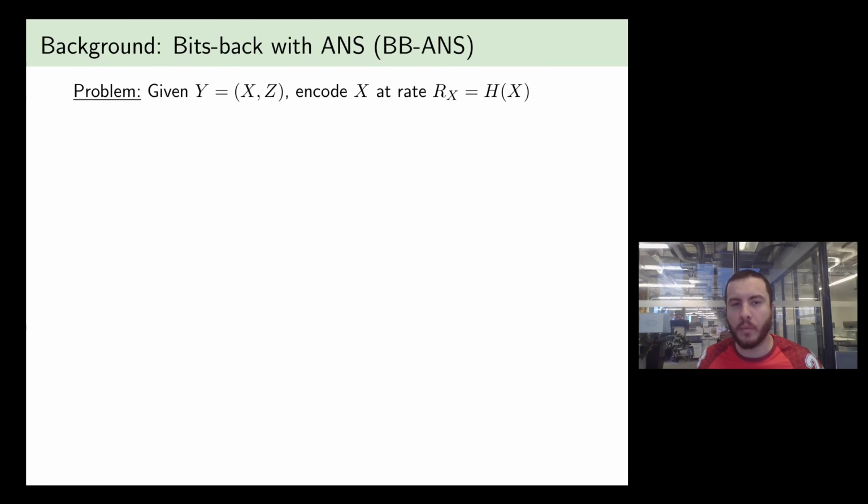So the other background we need is something called bits-back coding, more specifically the variant that uses ANS, BBANS. BBANS solves a very specific problem: given three random variables, y equals (x, z), you want to encode x at the rate of H(X), but you only have a code for the other two random variables. So you have a code for y that encodes y optimally, so it encodes x and z together,